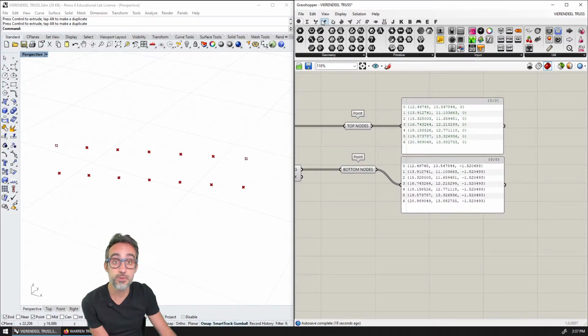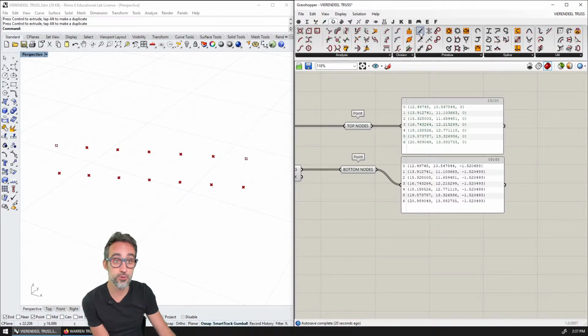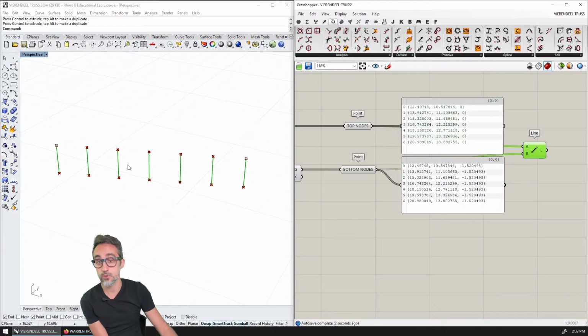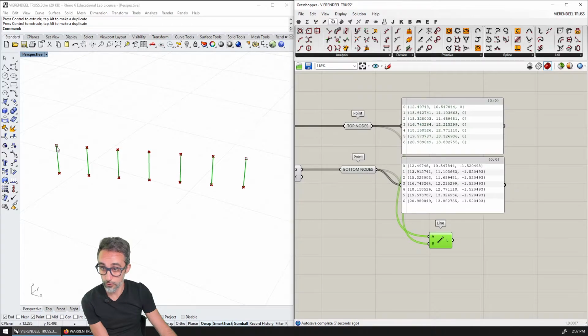Vertical bars are going to be super easy because it's just going to be joining the family of points from the top nodes with the bottom nodes. And you can see that now I get 7 lines, which are all the points on top with all the points in the bottom.